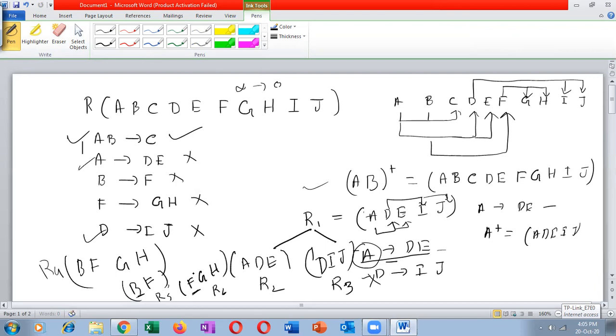So one table, two tables, three tables, four tables. Now, as I have told, I have to make the original candidate key a separate table. So what is the original candidate key? AB was the original candidate key. So make a separate table for AB also. So it is the fifth table. Now I can see that each table satisfies the condition of 3NF. If I now check all the dependencies, in all of them the left hand side is a super key now.